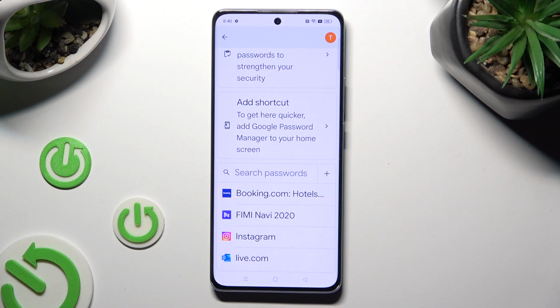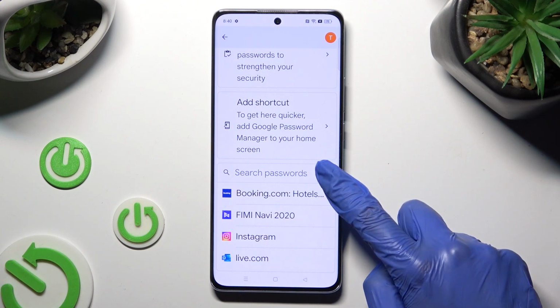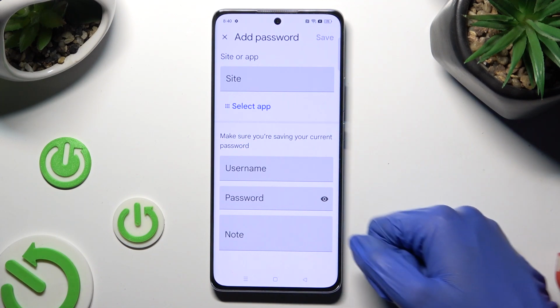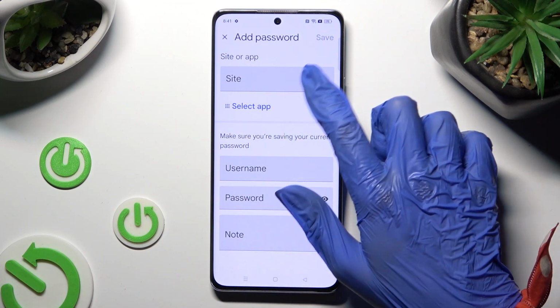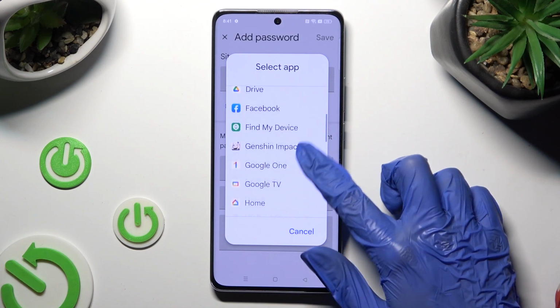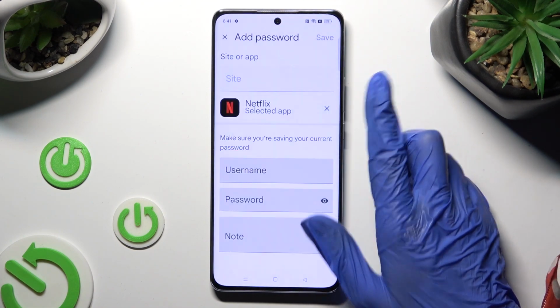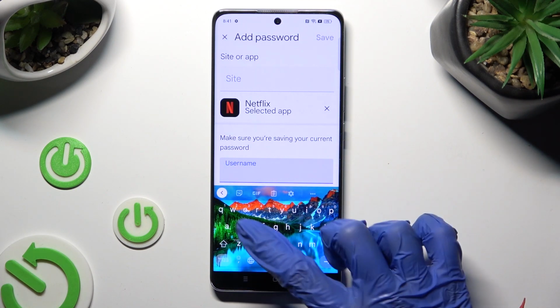Finally, to add any other one from those settings, click on plus next to Search Passwords. Now you can enter website data or tap on Select App and click on the chosen one. In my case, maybe Netflix. Then enter your email or username,